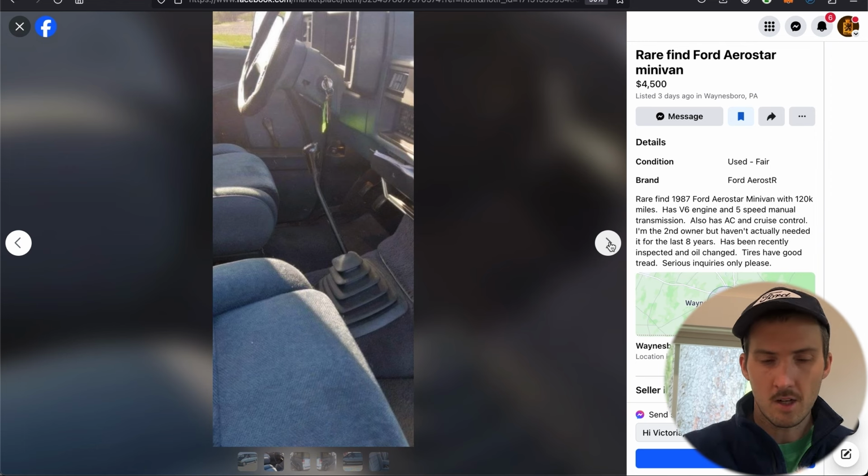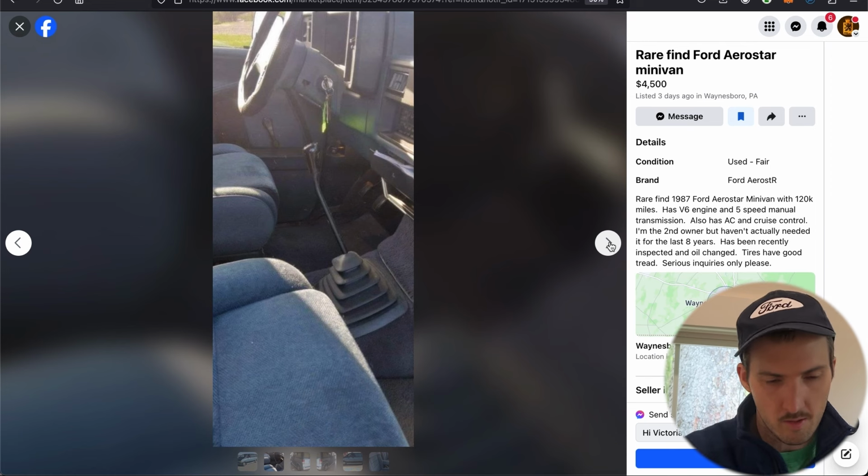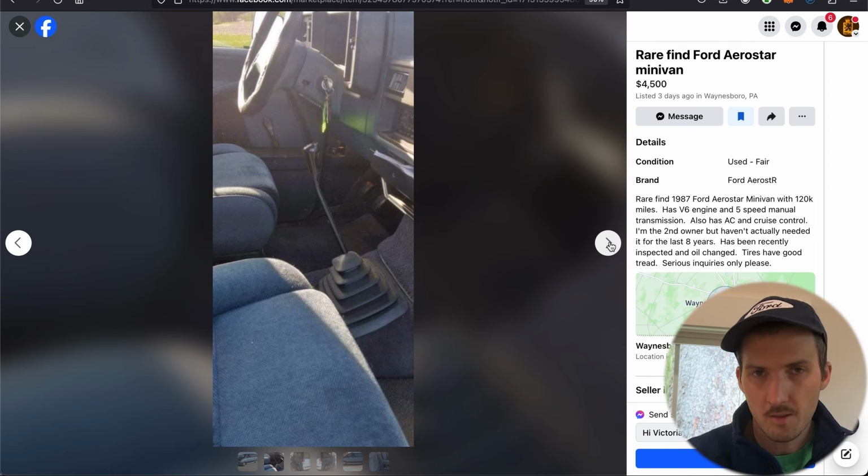You're in this kind of tall driving position, but not like a school bus where you feel like you're totally sitting on top of it. It's really just